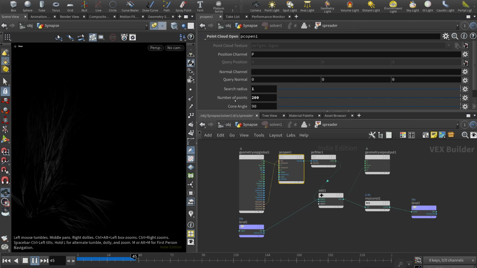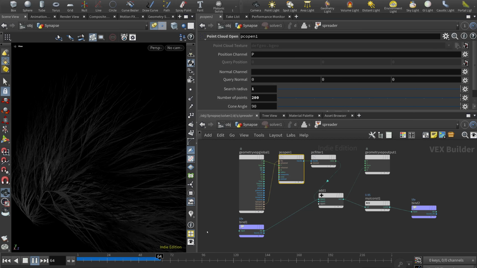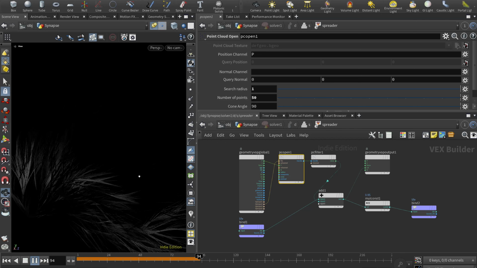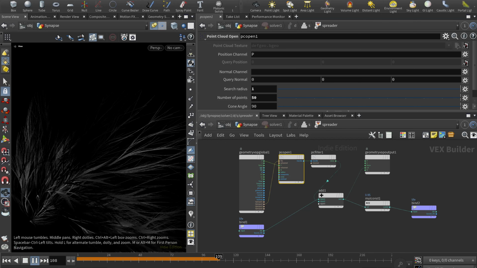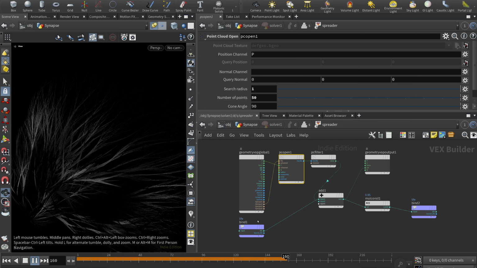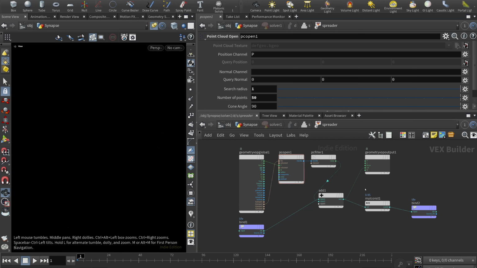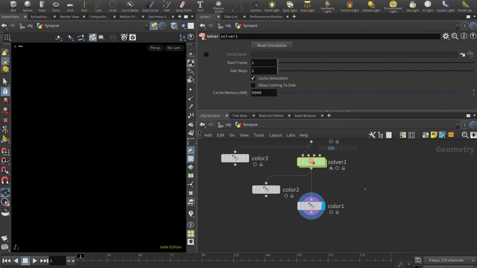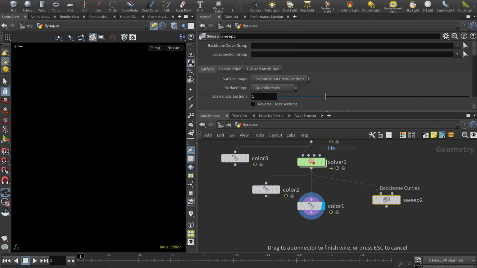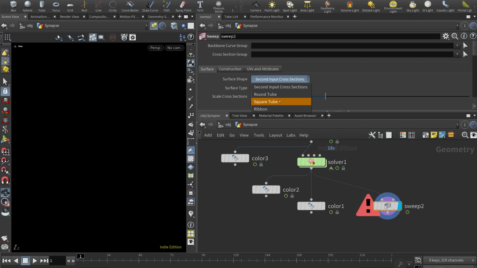Okay, so this is all very cool, but what should you do with this? I think that it has a very powerful system. You can basically throw in any geometry that you like, but what can you do with it? Well, it might not be intuitive when you look at it like this, but this is actually what we're doing, is creating a heartbeat. So if we create a sweep curve, put that on the, again, round tube,